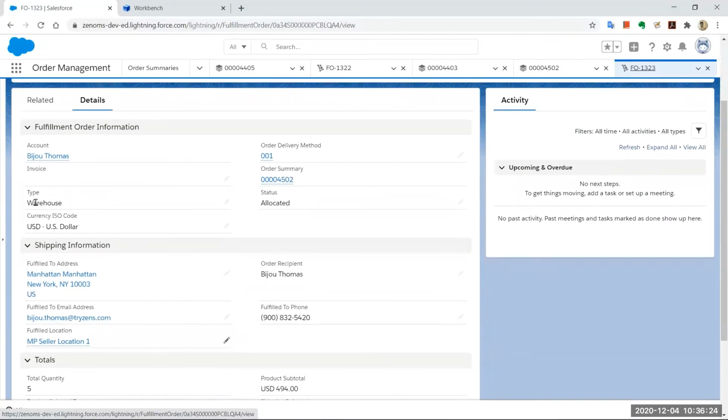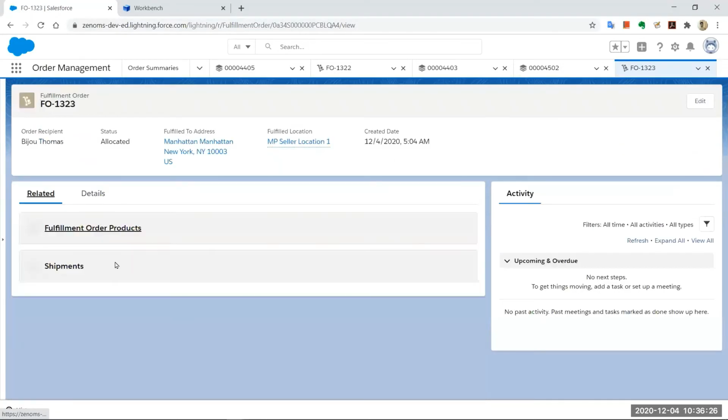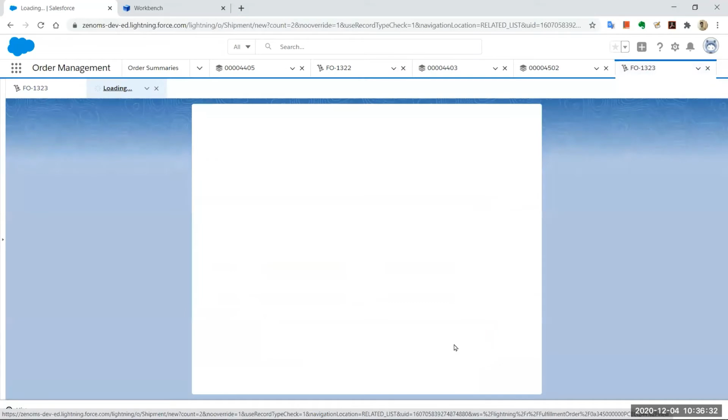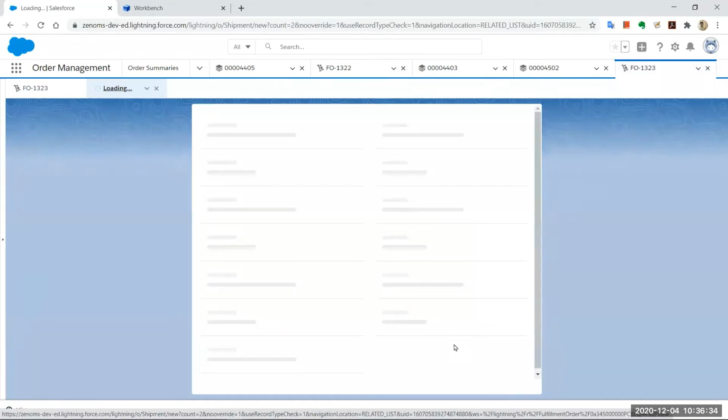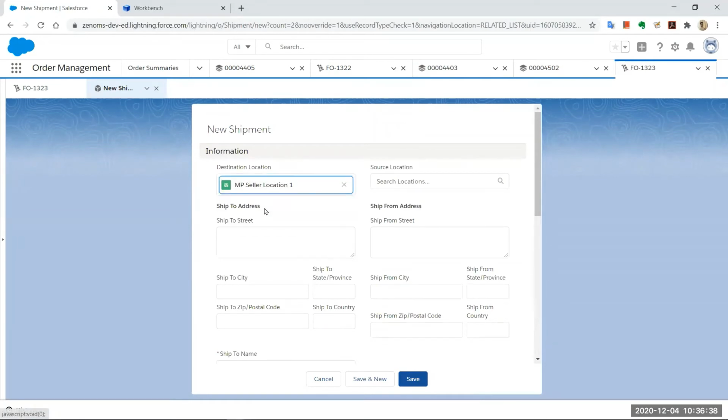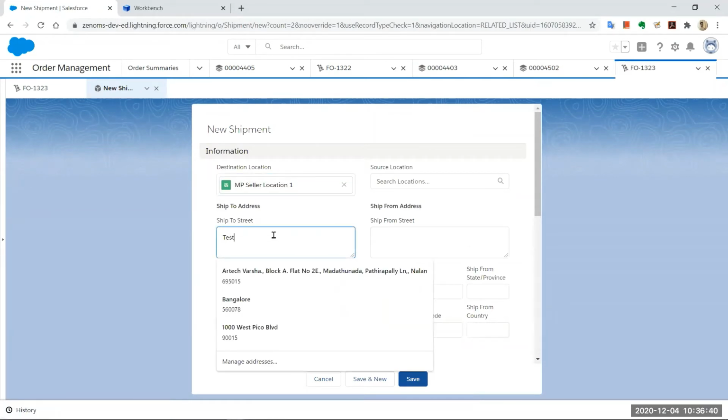So here you will have the same order again. You would have them as order fulfillment products, right? And if the product is ready to be shipped, you can tag a shipment. You can give the shipment details over here.